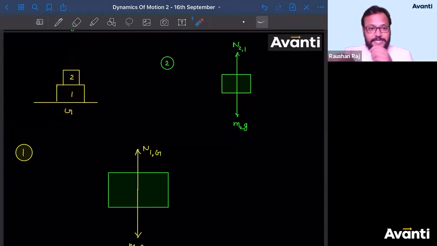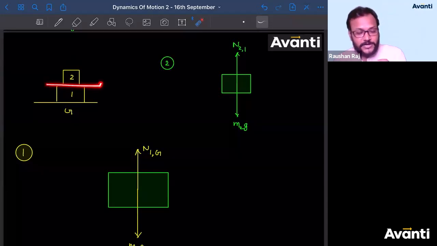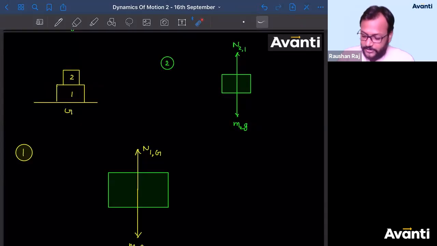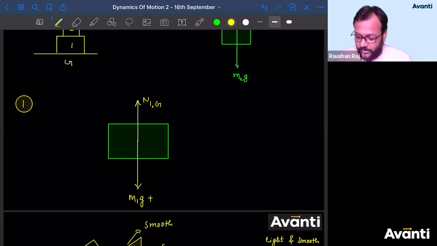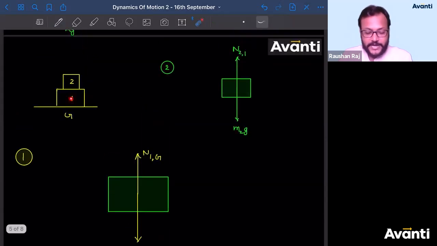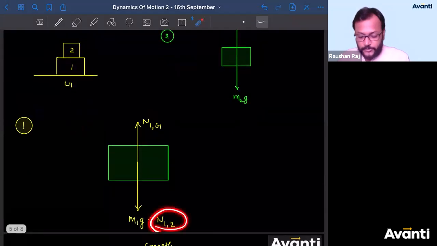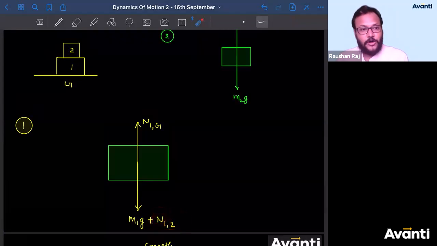And since this interaction of forces occurred because of contact force and that too in normal direction, we will name that force as normal reaction force. और सब क्या बोलेंगे बच्चा लोग? And that can be written as force नीचे ही है. So I'll say N on 1 due to 2. Since 1 has applied a force on 2 in upward direction, 2 will apply a force on 1 in downward direction. So I have written here N1 2 downward, the force on 1 because of 2. I have written N because this is a normal reaction, normal force on 1 because of 2.